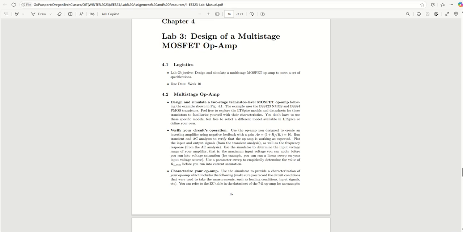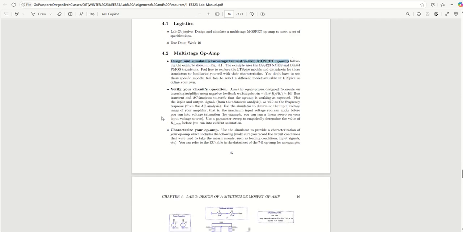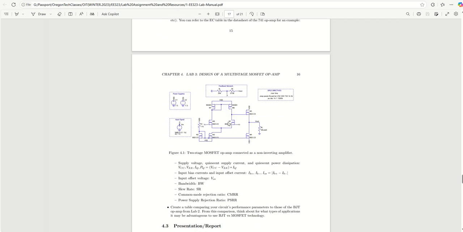Hello, in this video we're going to begin looking at Lab 3 and looking at the multi-stage op-amp requirements. This first paragraph says, design and simulate a two-stage transistor level MOSFET op-amp, following the example shown in figure 1.1. So looking at figure 1.1,